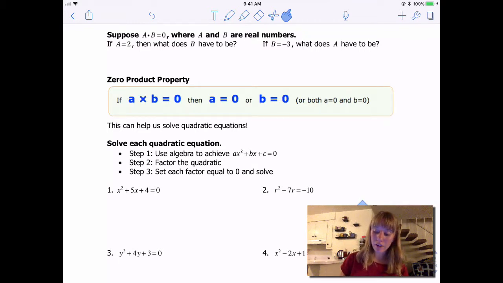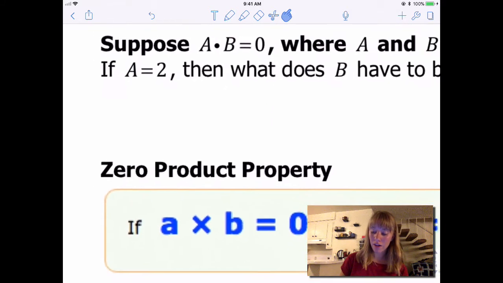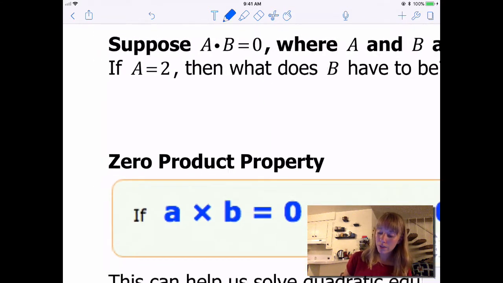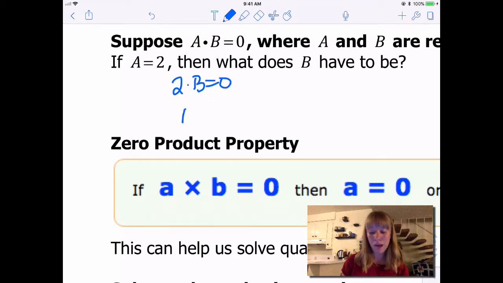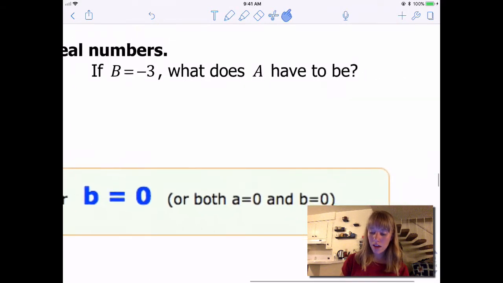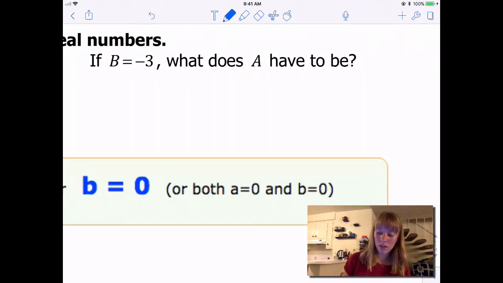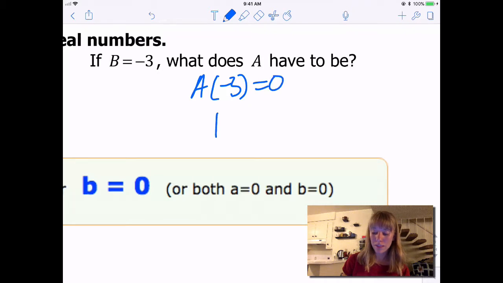So just a reminder, when A and B are multiplied together and their product is 0, we said, like, if A is 2, what does B have to be? That was like 2 times B equals 0, and we said B absolutely has to be 0. And same thing on the other side. If A is not 2, so if A times negative 3 is equal to 0, then we said B absolutely has to be,